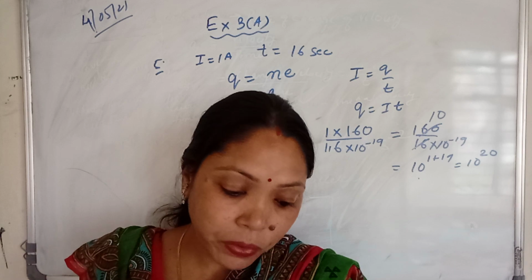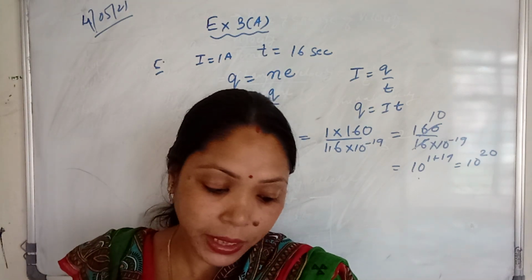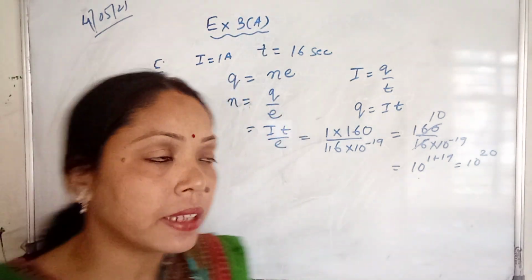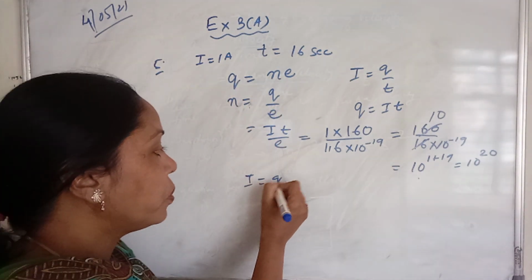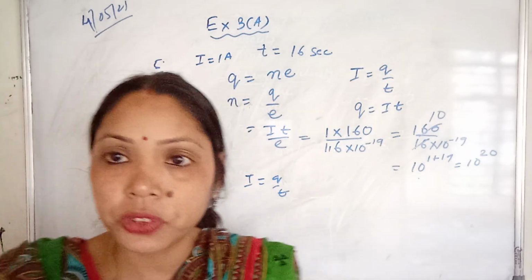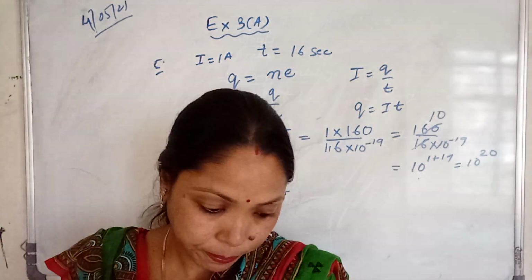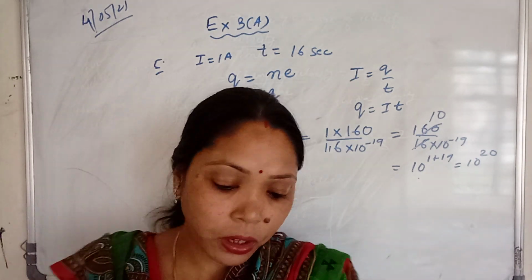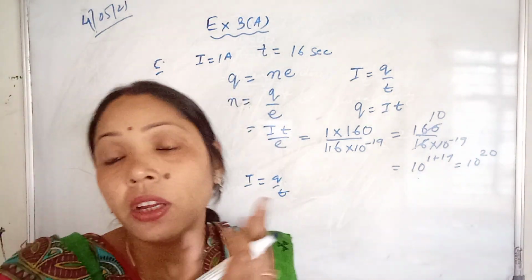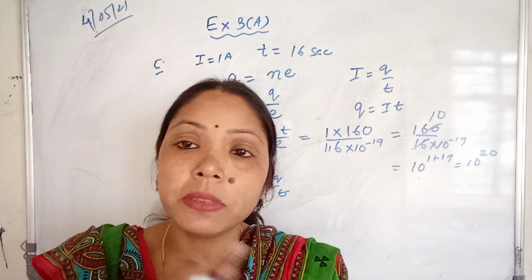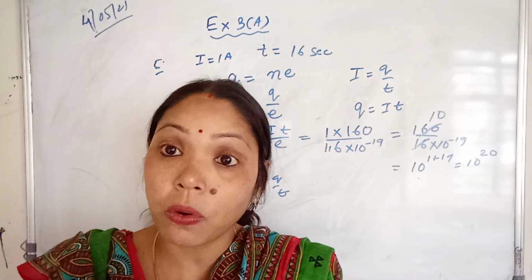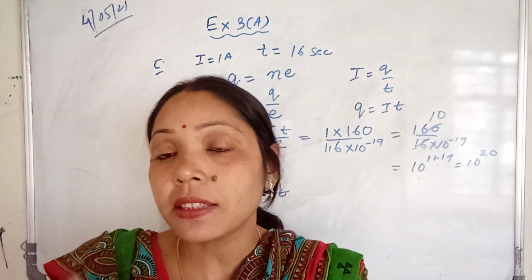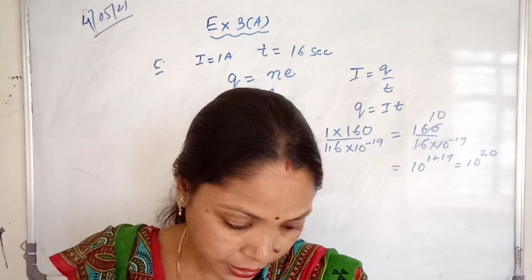State the relationship between electric current, the charge moving through a conductor, and the time in seconds. Again here the relation will be I equal to Q by T, flow of charge per unit time. Name a physical quantity which is the ratio of charge in coulomb to time. So Q by T. Q is measured in coulomb, T is measured in second, so coulomb per second. Which quantity is this? Yes, it is electric current.